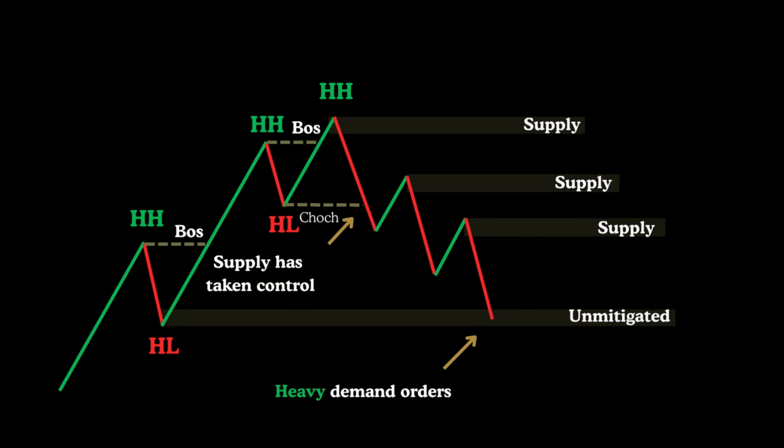At this stage, a tug-of-war emerges between supply and demand, often resulting in consolidation and a ranging market between the two levels. A breakout from either zone reveals which side gains control. In this scenario, we observe 1, 2, and 3 successive moves breaking above previous market structure highs, confirming that demand